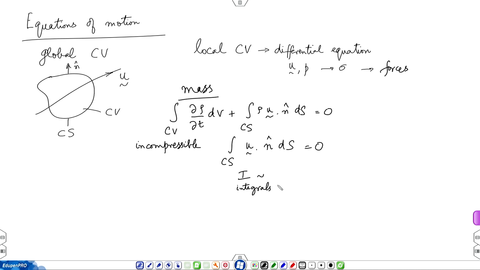There are methods slowly being developed on how to solve an integral equation. So, you can solve it, but for the purpose of our discussion,